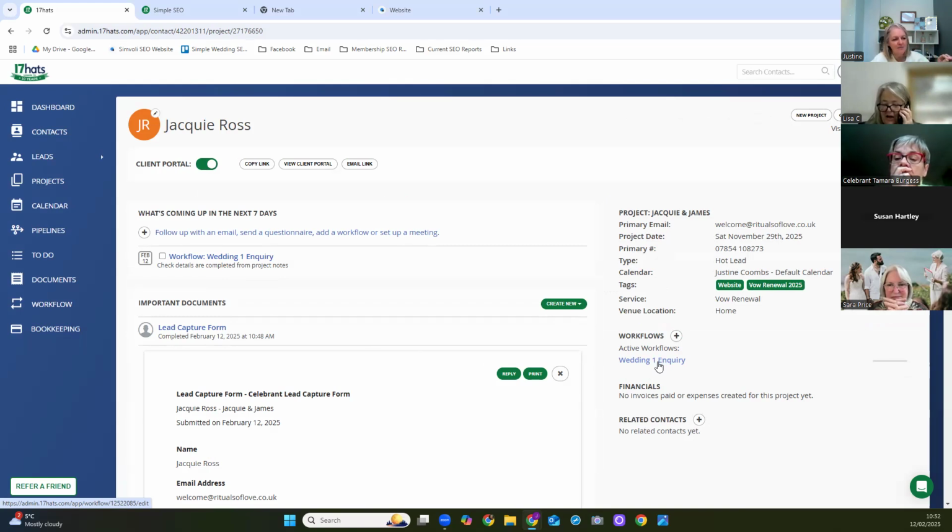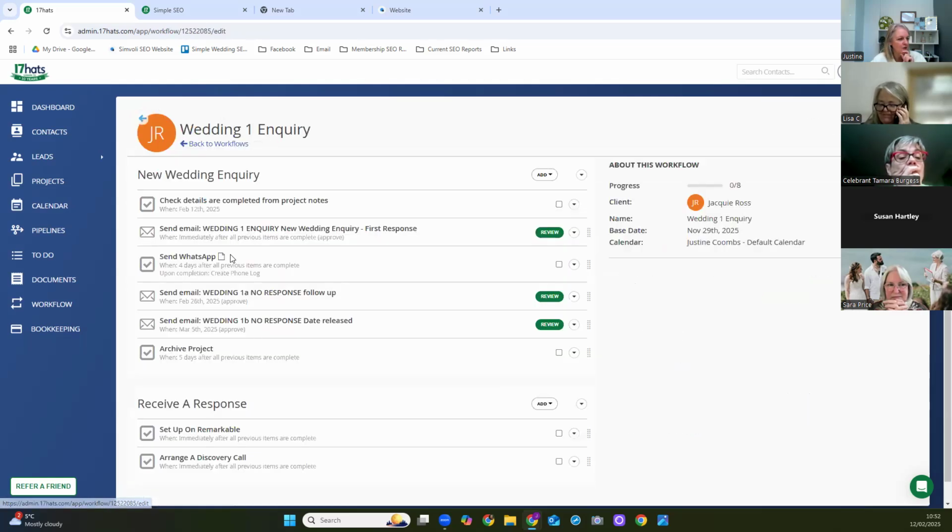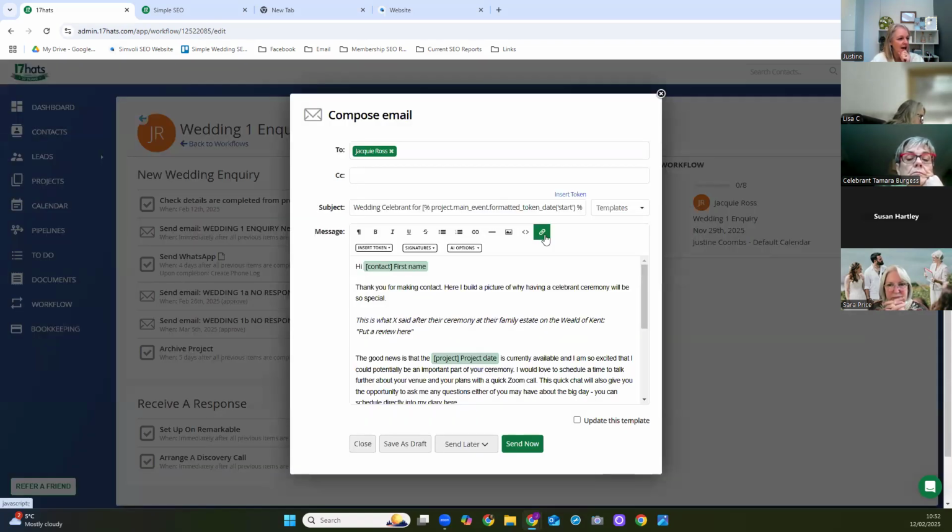I have set this up so that when I get a wedding inquiry come in, it automatically sets up a new workflow. And when I look at this workflow, what I'm going to do now on this wedding is check all the details are correct and fully up to date on that front screen. I'm then going to send this email to Jackie, and I'm going to say, "Hi, Jackie, thanks for